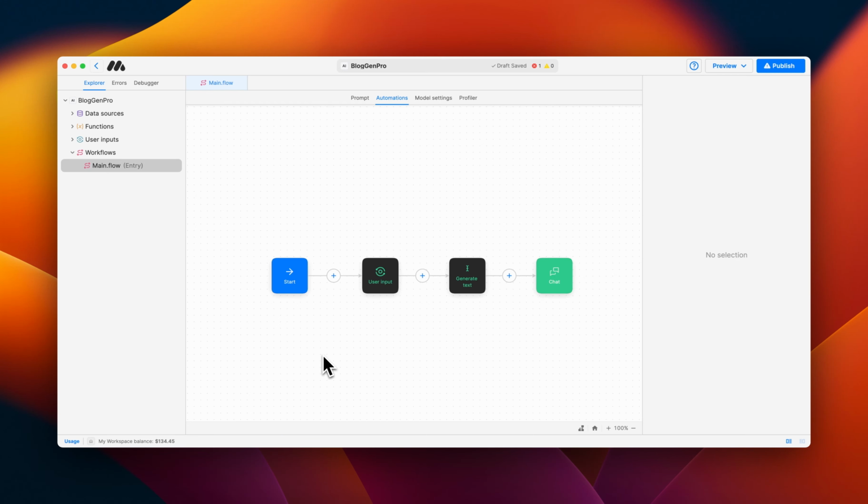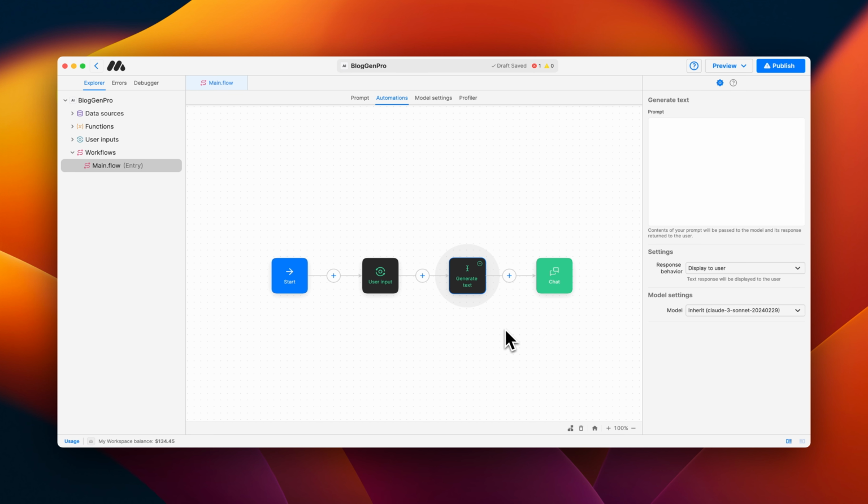In this video, we'll be discussing the Generate Text block and how to configure it in your automation workflow. The Generate Text block is an AI services block that outputs text based on instructions provided. Once the Generate Text block has been added to your workflow, you can make your configurations in the right side